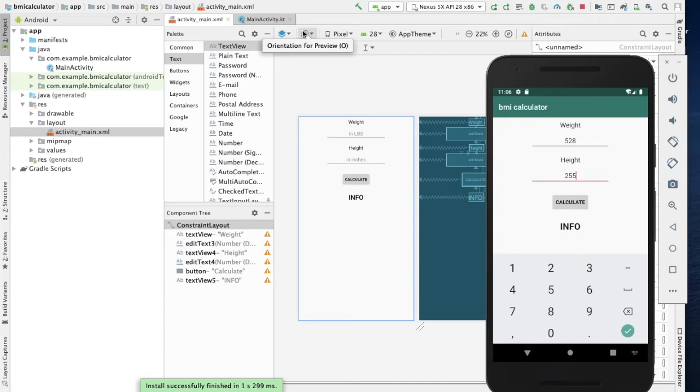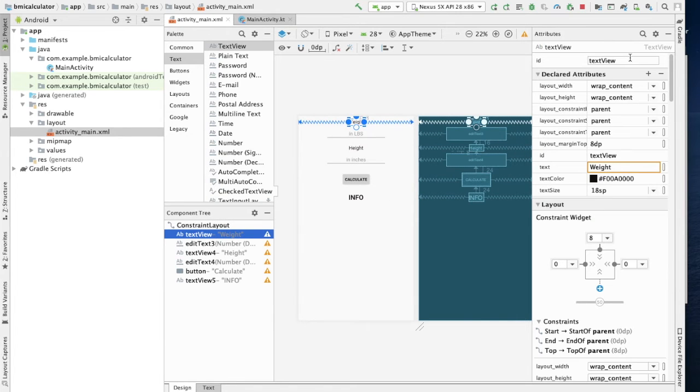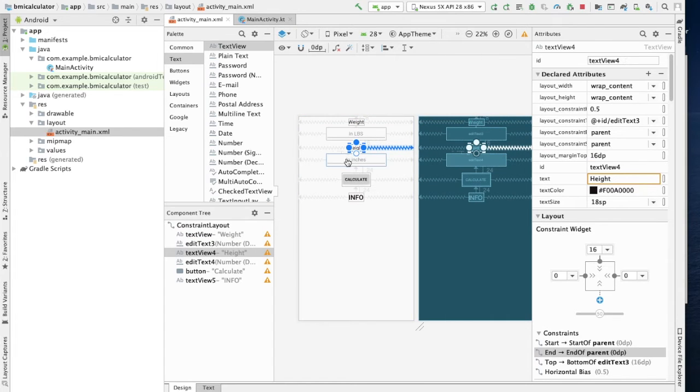That's where logic happens. The activities under our layout are just for the visual purpose, so how it's going to look, and then the logic happens in the main activity. So the last thing before I close off the activity is I'm going to change the IDs. If I go here, it says text view, and then here it also says text view 4. So I want an ID that makes sense. And I don't want IDs for all of them. I can only give IDs to this one,